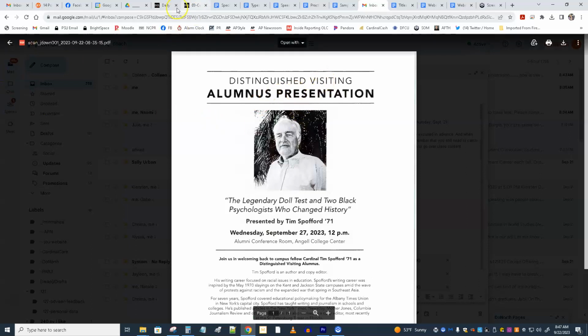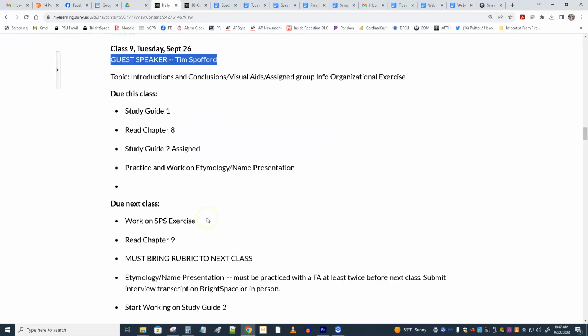Okay, so what else are we going to say? I'm going to go on to the SPS stuff. If you remember, last class you had a handout about structuring information. We talked about how we choose a general purpose. We will be focusing on to inform. The general purpose is to inform. We worked out a specific purpose in the specific purpose statement, and also what makes a good one.